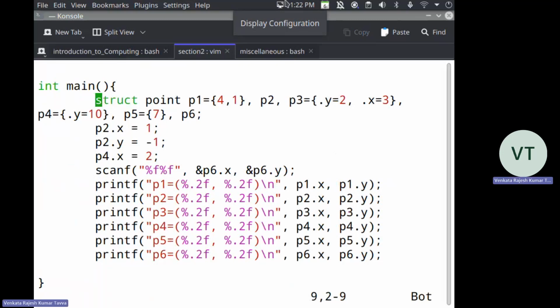Yeah. So if you want to initialize all the elements, all the members at a time, you have to do it during the declaration step. If you are doing it at any other place, you have to do member by member. That's all. No other way. Okay. Now,